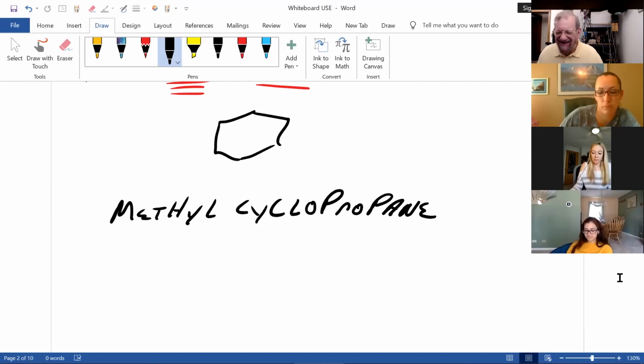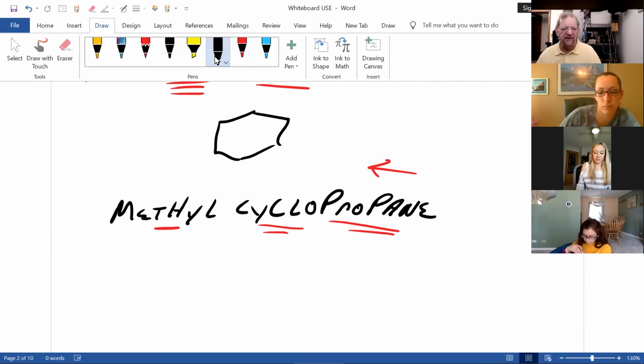All right, I think everybody's done. Let's look, how do you decode this? Start from the right. All organic chemical names are decoded that way. Propane, 3 carbons. Cyclo, a ring. Methyl group, CH3. Therefore,